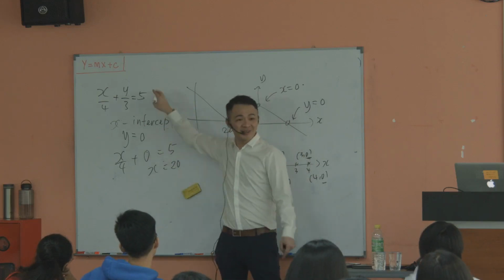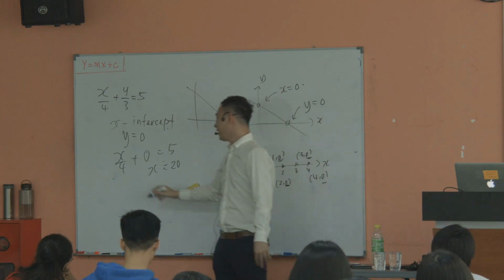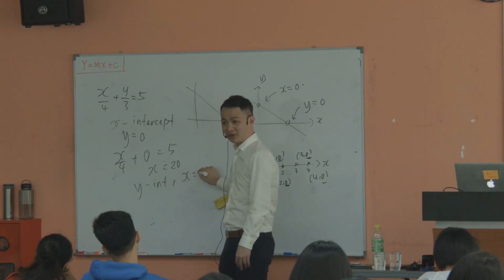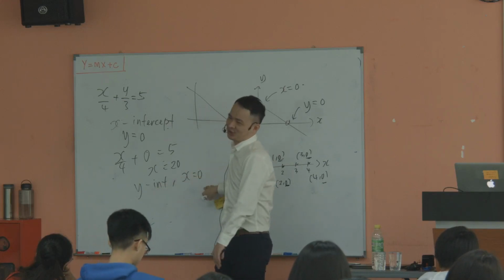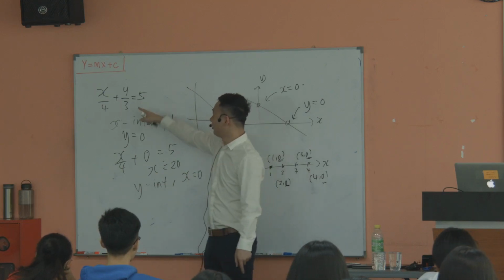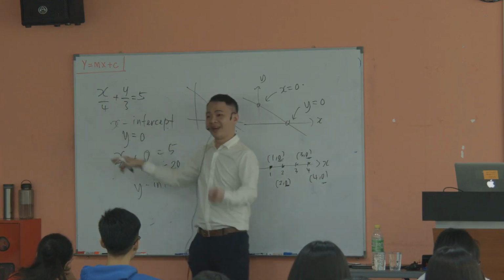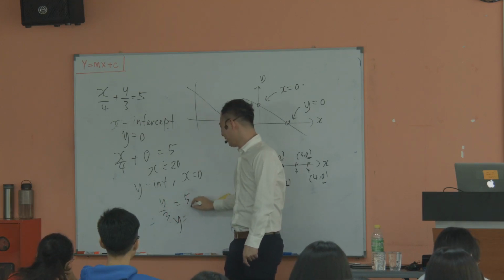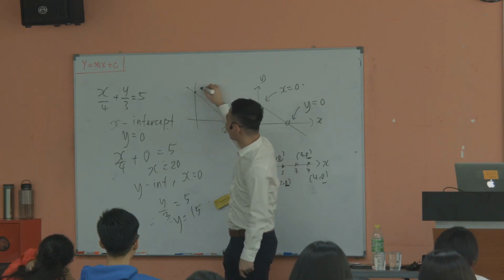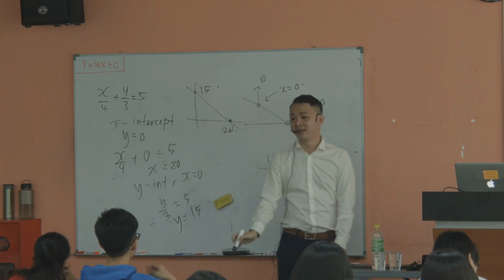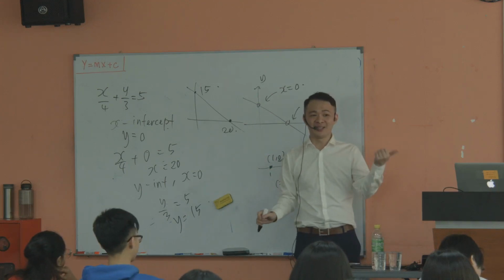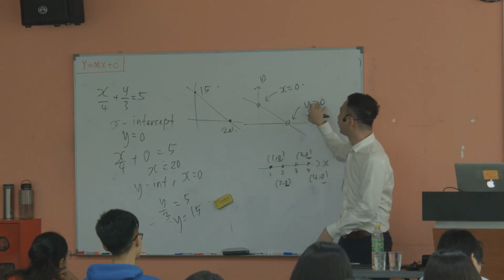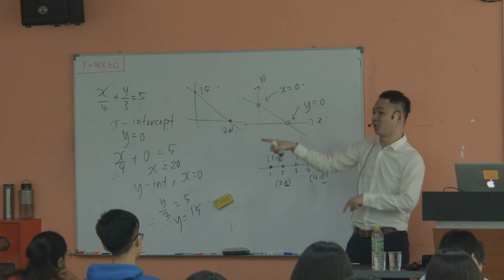So, same equation here. If I want to find the y-intercept, what I will do is make x equal to 0. You just remember: y-intercept, x is 0; x-intercept, y is 0. So I make x 0, 0 divided by 4, I get 0. So I get y over 3 equals 5. My y-intercept will be 15. That means I will touch at 15 here. Okay, get the idea? How to get the x-intercept and y-intercept? Because in paper 2, it's a 2-mark question, very easy. As long as you know it equals 0, you can easily substitute back in your equation and get the bonus